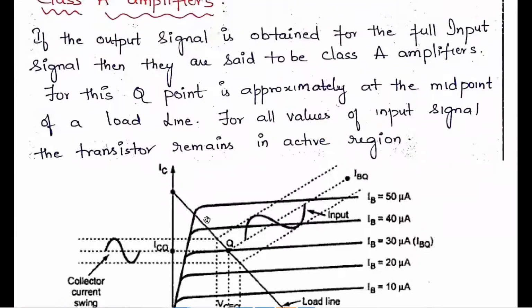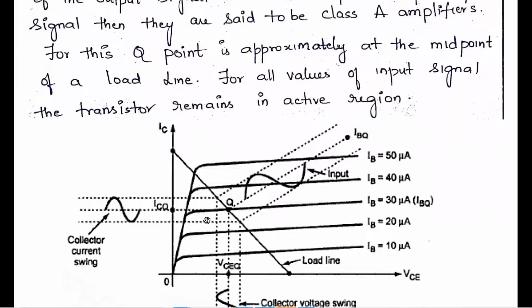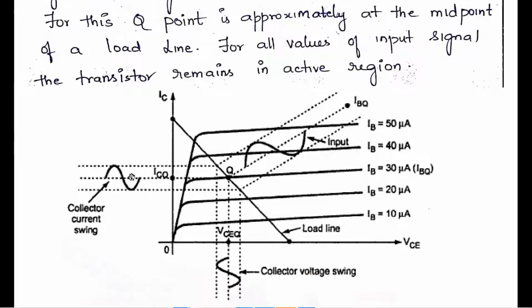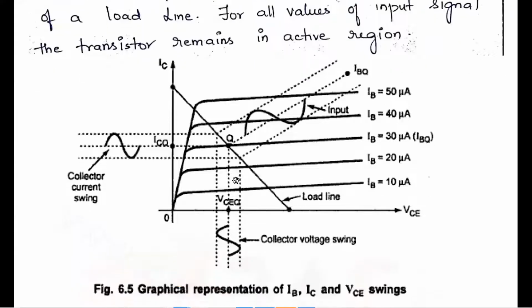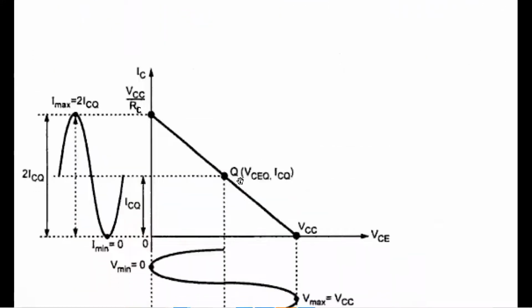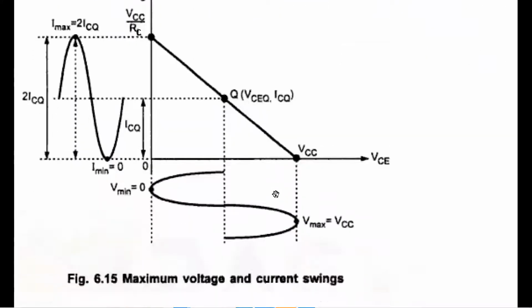So now what happens? What you do in an amplifier is first you fix the operating point. Then when you give an input signal, the corresponding current swing takes place. And because of this current swing, the voltage swing at the output will take place along the load line. Let us see the circuit and let us discuss the same mechanism once.